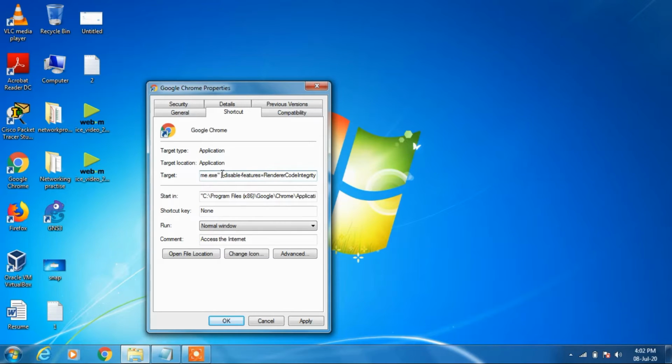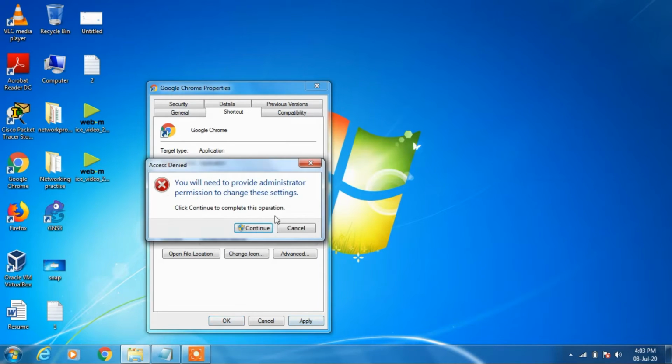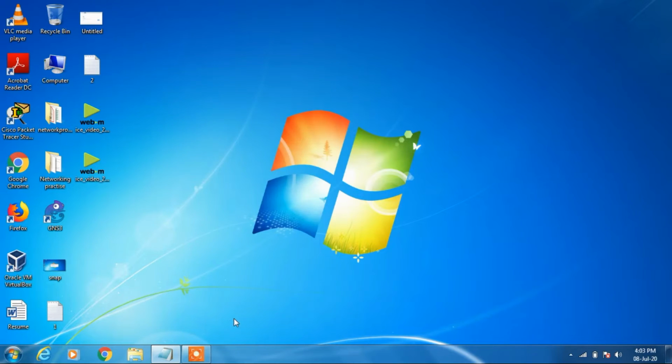Make sure to give this one space. Now click on apply button, continue and click on OK. Now relaunch the Chrome browser and see whether your issue is resolved or not.